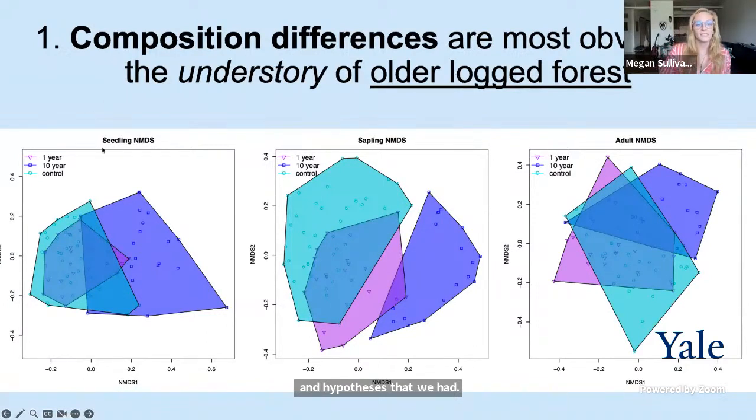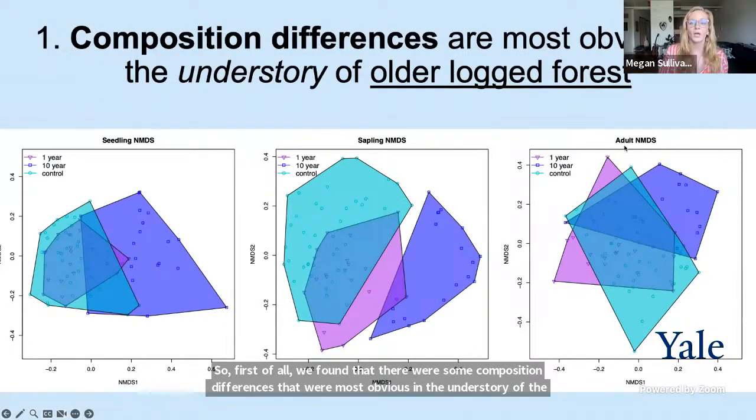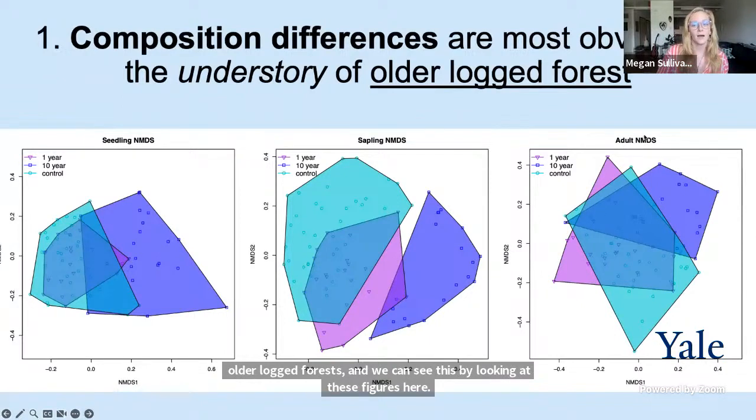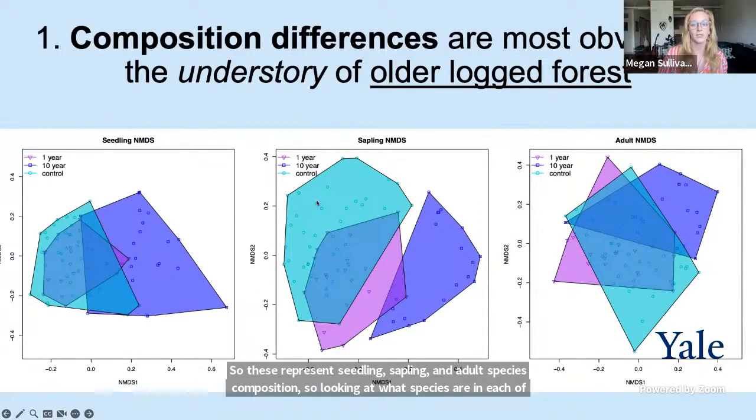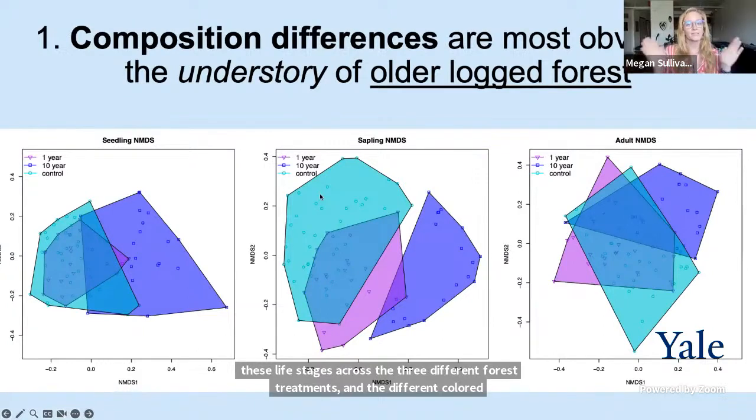So these represent seedling, sapling, and adult species composition. So looking at what species are in each of these life stages across the 3 different forest treatments. And the different colored volumes in all these figures represent the species composition. And so more overlap between these volumes means the species composition was more similar, and less overlap means the species